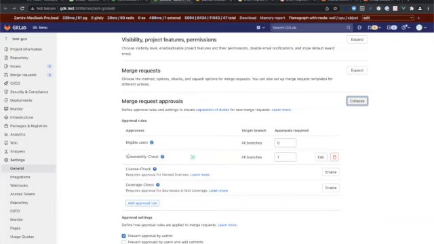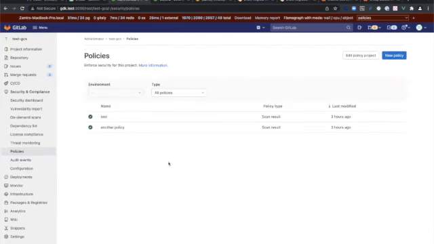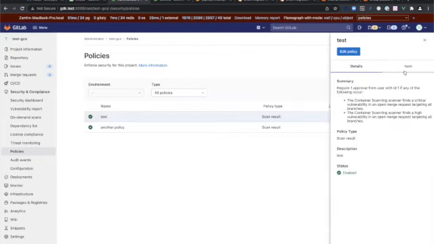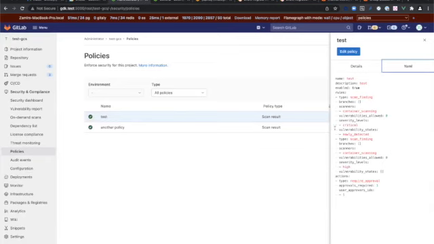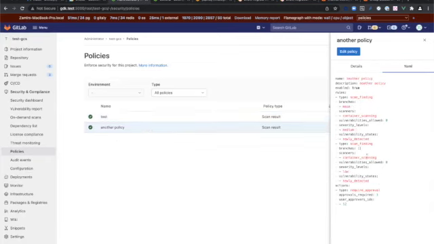What we want to do is migrate the existing vulnerability check rules into the scan result policies. Also for context, I'm going to show the policy list page. Here there are two different scan result policies, and I can show those policies here in YAML format. This one has two rules, and this other one also has two rules. Those rules are going to be converted